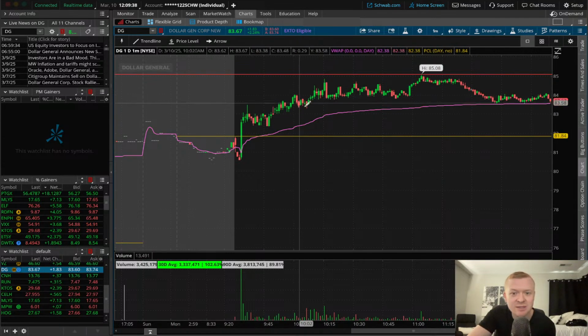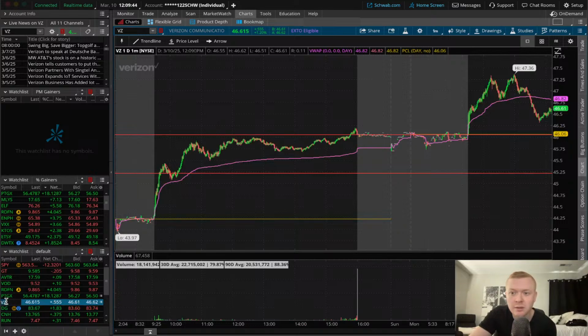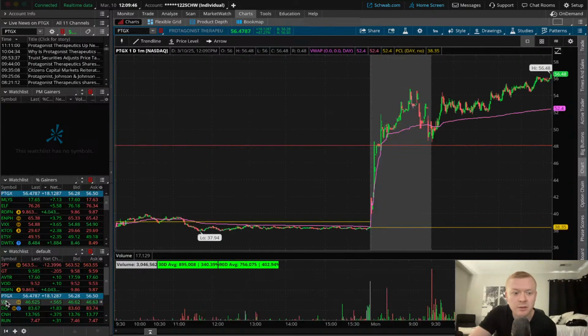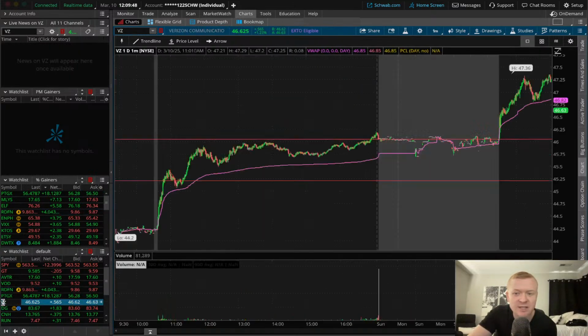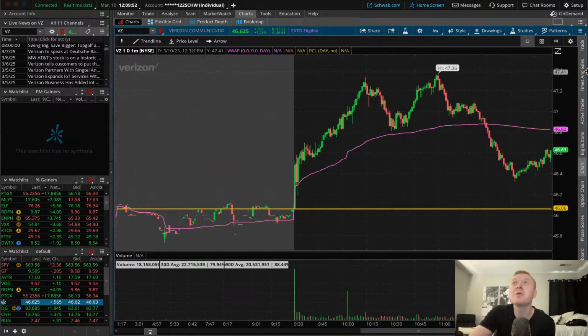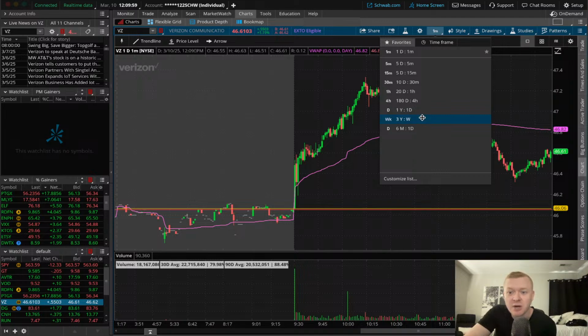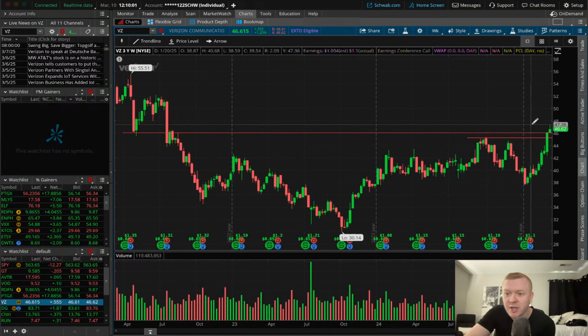I tried it this morning. I was a little early in it. And I tried VZ as well. I stopped out of VZ, but there were no indicators on the past chart history. That was the problem with VZ. So left of the chart, normally I have something to work with, but it was...